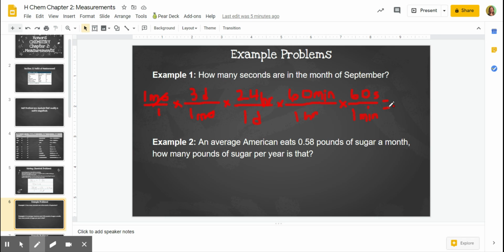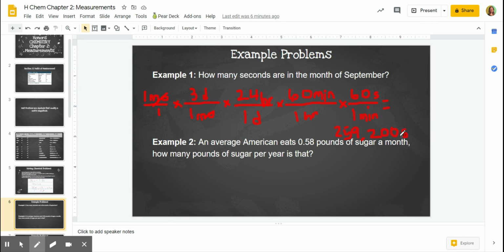So we are going to use our calculator, and we are going to do 1 times 31 times 24 times 60 times 60, and we get a very large number, and there's only ones on the bottom, so we're dividing by 1, which doesn't change our answer. So it is going to be a big number that I'm going to have to write down here at the bottom. 2,591,200